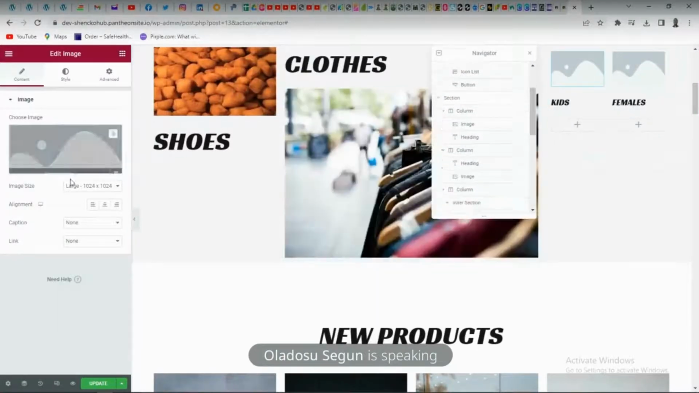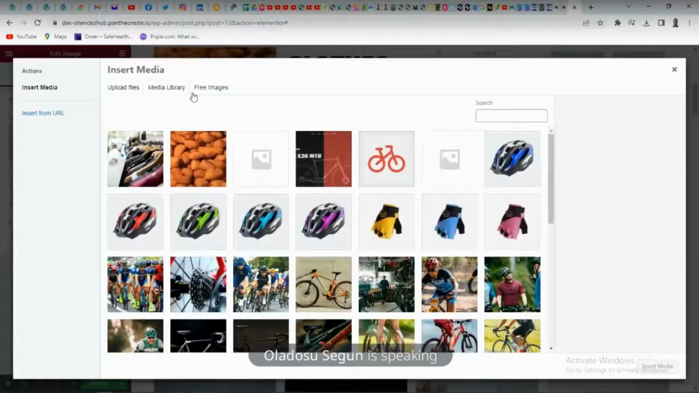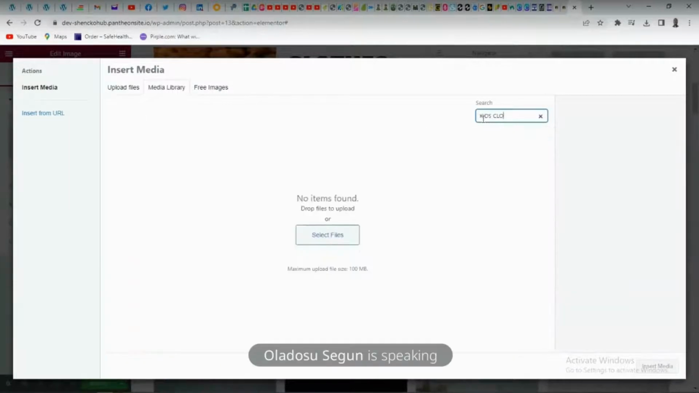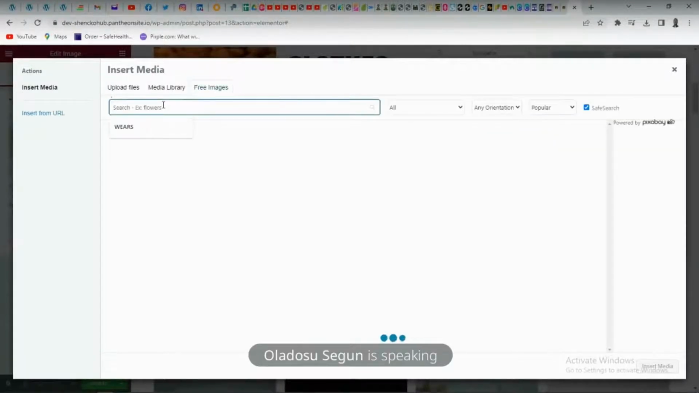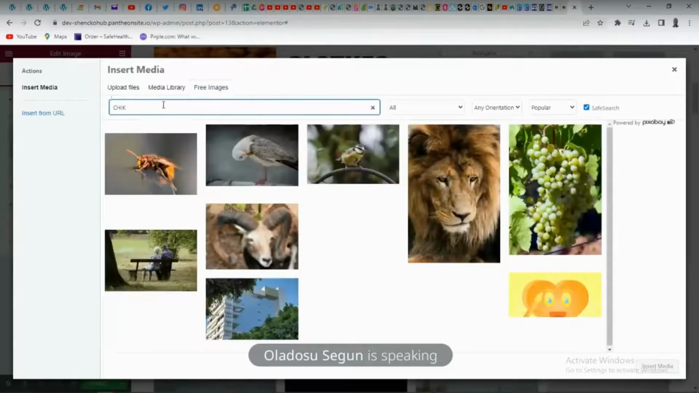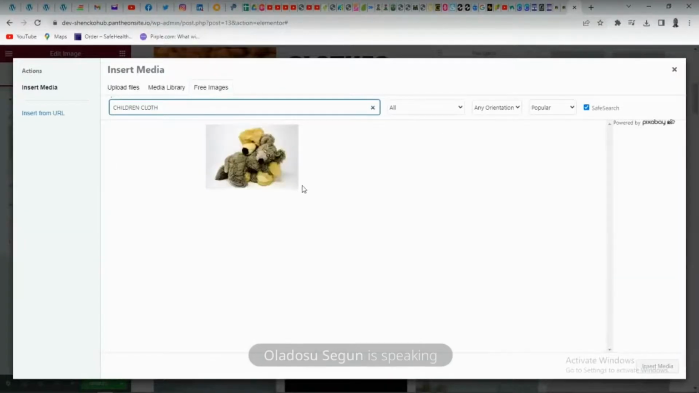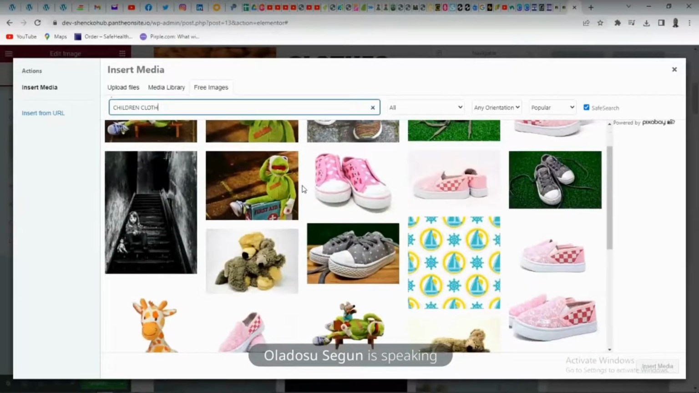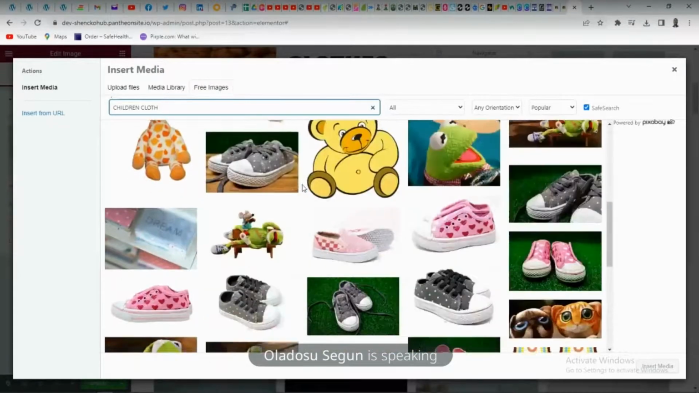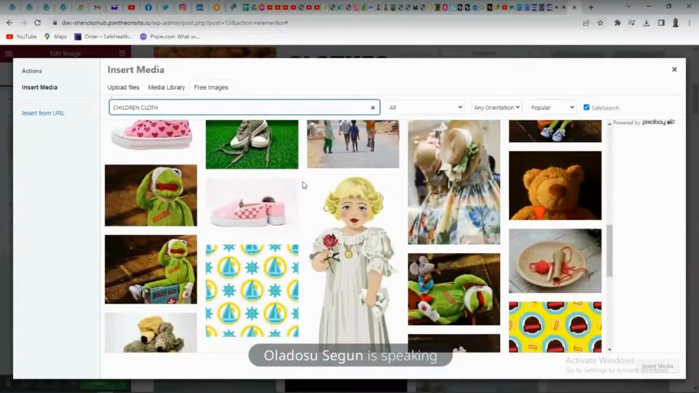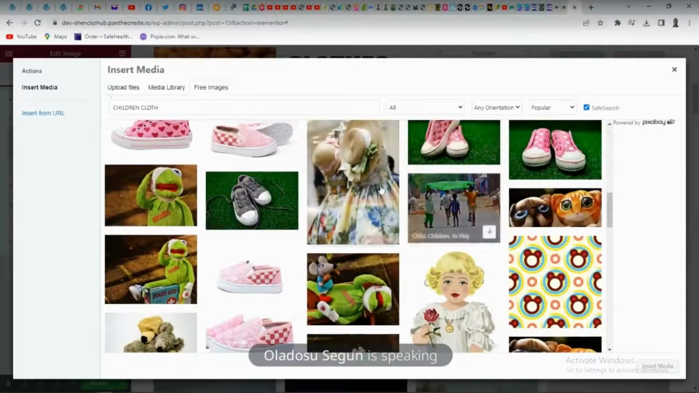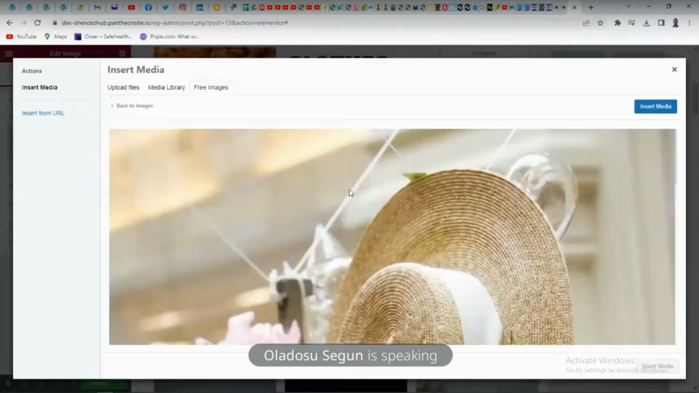Please just search. Kids clothes. Sorry. Children clothes. Talk about search parameters. If it does not work, please look for another that will work. Okay. Can't like this. Instead,